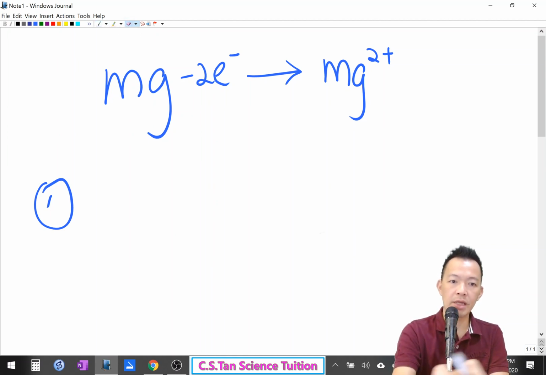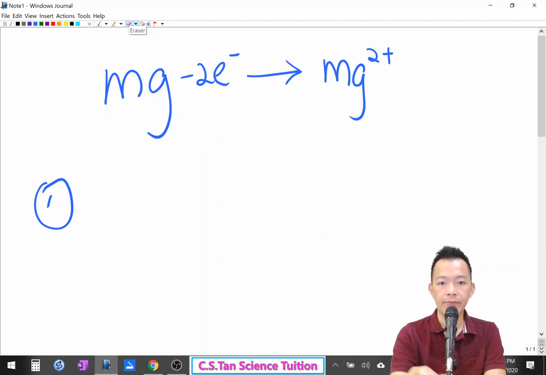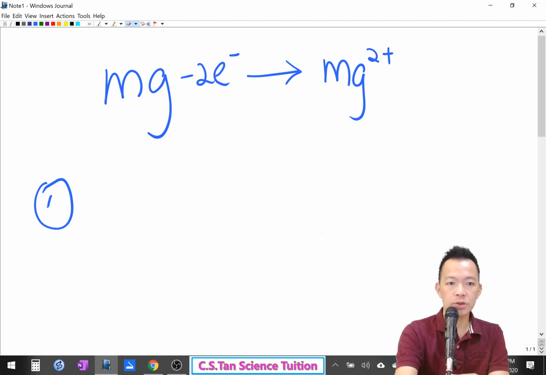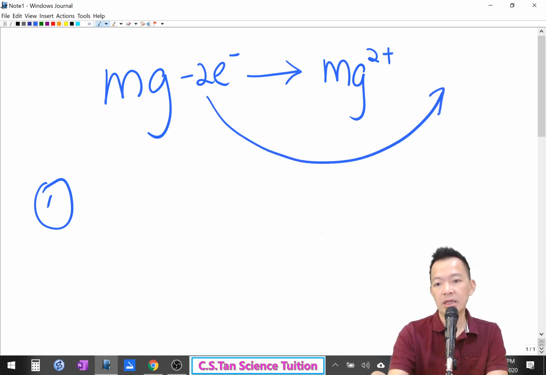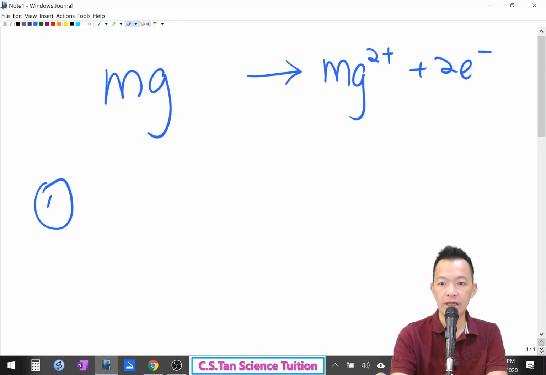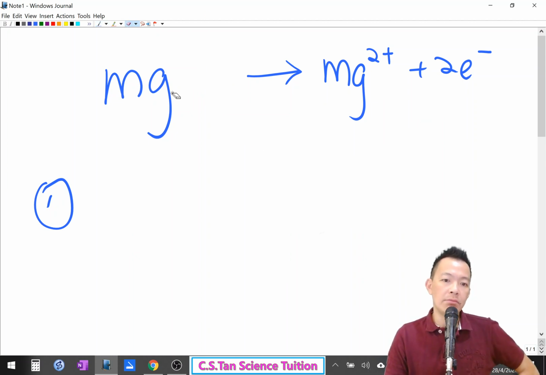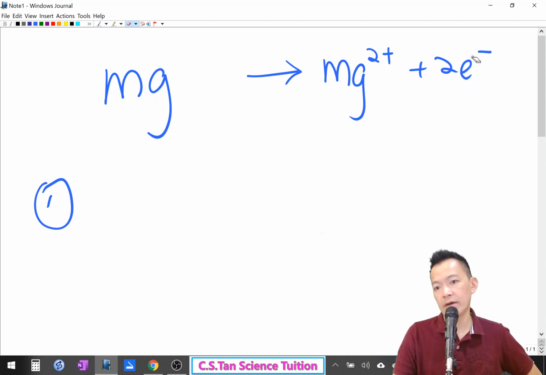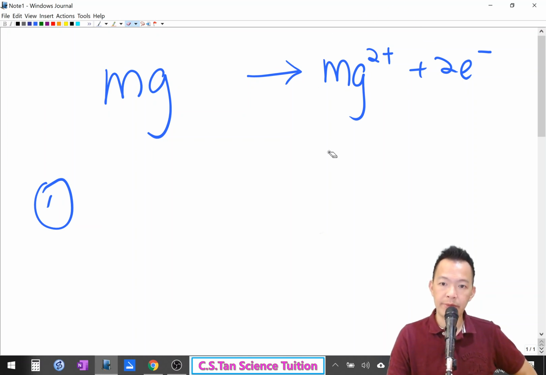But remember, when we write the chemical equation, 当我们写化学反应的时候 no one is allowed to write negative. 没有人可以写 negative. So what to do? 怎么办呢？We have to move the negative to the right hand side, become positive. 我们必须把那个 negative 移去右手边，写成 positive. And this is the law. 这个就是它的规则来的。Magnesium lost 2 electron, become magnesium 2 plus, 变成了 magnesium 的离子。So this is the half equation.